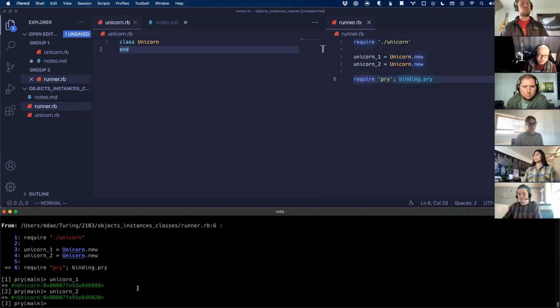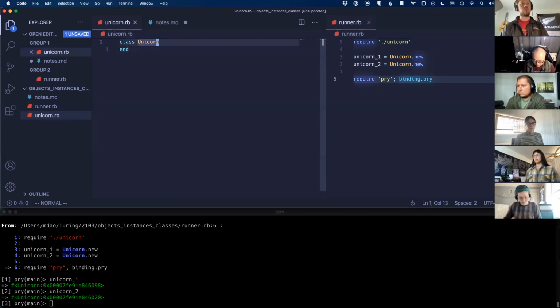Attributes, when you're working with classes in Ruby, are stored using what are called instance variables. In general, we define these instance variables in a special method called initialize. It's run every single time a new instance of a class is created. So what we're going to do is over here,